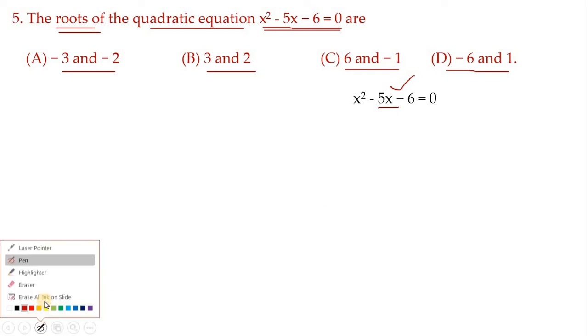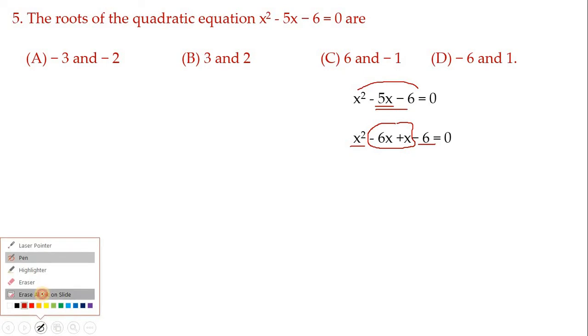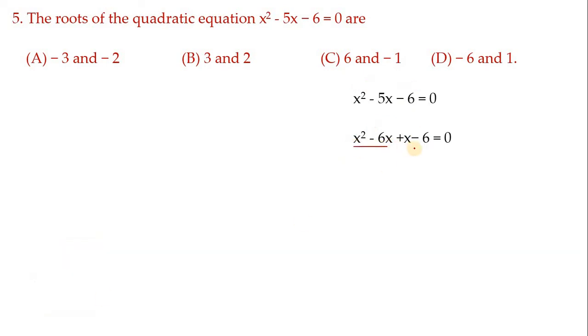To split the middle term, you have to multiply the first term with the last term. So we get minus 6x square. Now write factors for minus 6x square. We get 6 and 1. Hence, first term write as it is, last term write as it is. So the factors we have written at this place. I mean, we split the middle term. Now let us make the groups. These two terms as a group and these two terms as a group.